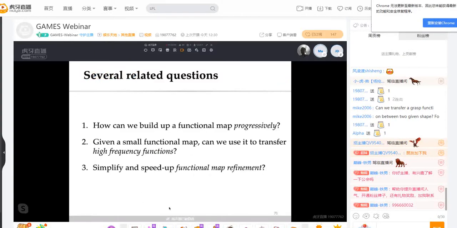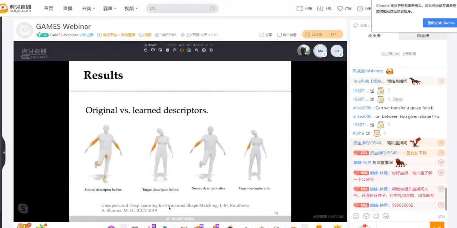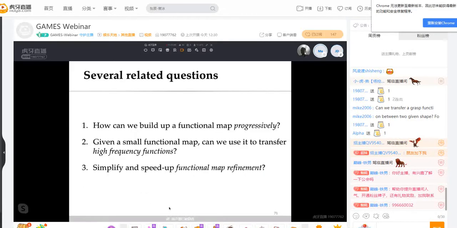And then the last thing that I wanted to describe very briefly in the next few minutes is another work that we are going to present at SIGGRAPH Asia. It started by basically asking the following questions. In the pipeline that I described, including in this learning-based method, we always have this choice of scale. We start with some fixed number of basis functions, for example 80 or 100 basis functions, and then we do this optimization at that scale. Now, one question is, can we do this progressively? Can we somehow build up the scales, the dimensionality, progressively? And the other question is,